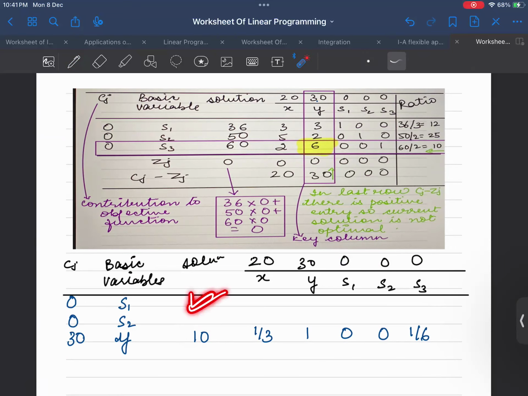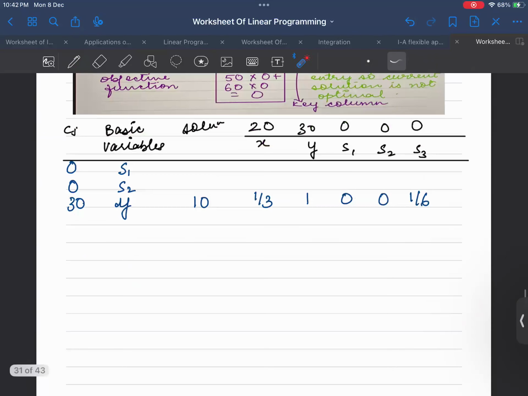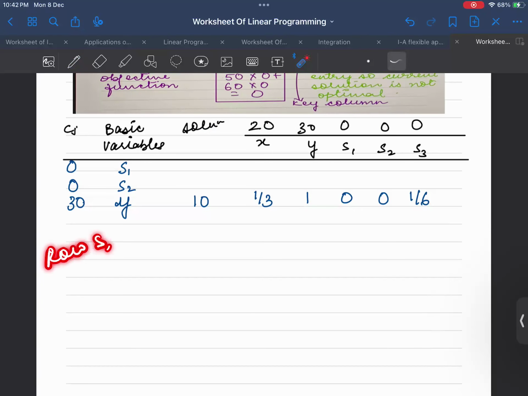आई वॉन्ट टू कैलकुलेट फॉर दिस S1 के लिए सोल्यूशन क्या है, और ये वाली रो निकाल रही हूँ, इस वाली रो के लिए हाउ आई विल कैलकुलेट फॉर द रो 1, रो इन प्लेस ऑफ S1 वाली रो, S1 के लिए रो, sorry, let me write it with, if I am calculating it for, एक बार मैं इसके लिए यहाँ लिख देती हूँ, मुझे फिर इसके बाद जेड जे निकालना है, देन सी जे माइनस जेड जे नेट इफेक्ट निकालना है, देन आई एम सेइंग फॉर रो S1 रो के लिए क्या होगा,